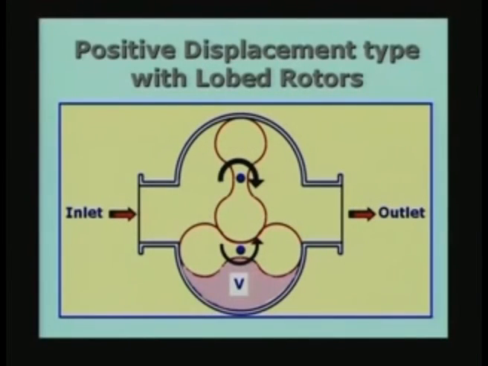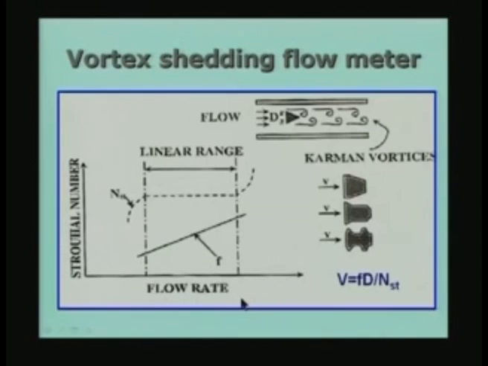So, the syringe type of device is very often used in chemical instrumentation. In instruments where you want to deliver a certain amount of fluid per second, you can use a syringe pump. Of course, a syringe pump cannot operate continuously. When the piston position has gone from one extreme to the other, you will have to stop and refill the syringe and restart, and so on. There is also a positive displacement type of meter.